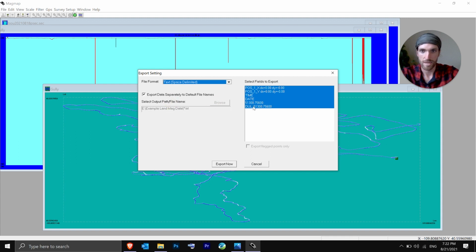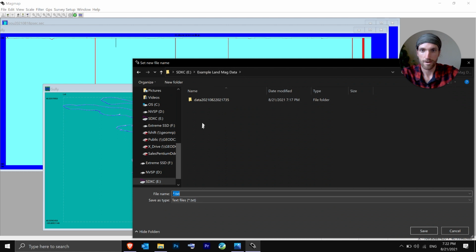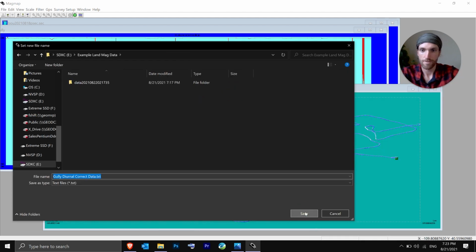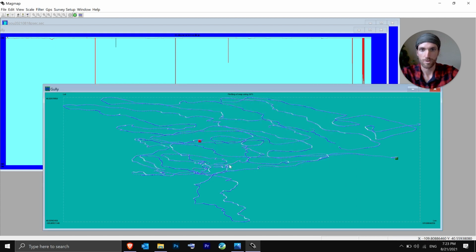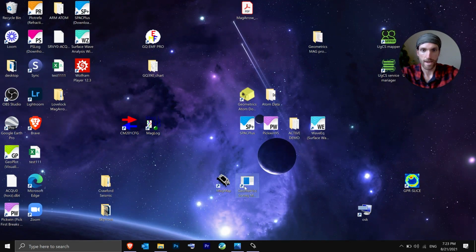You can sometimes hit browse and type in the name, but I will actually browse and go to there, and we'll call this goalie diurnal correct data. Okay, hit save. And now hit export. So there, it's been exported. We can exit MagMap, and we can now open up